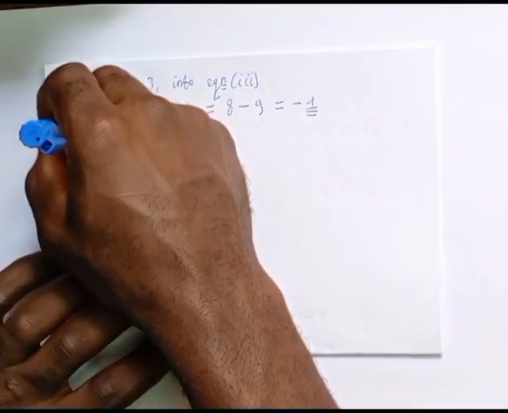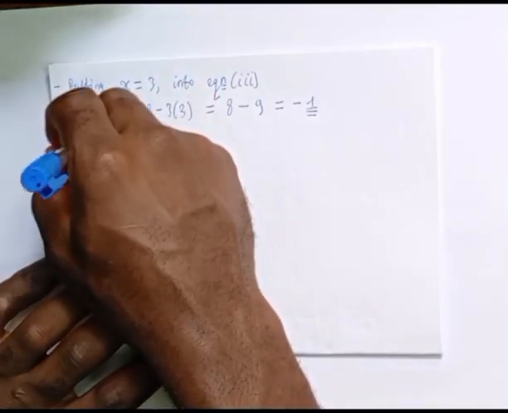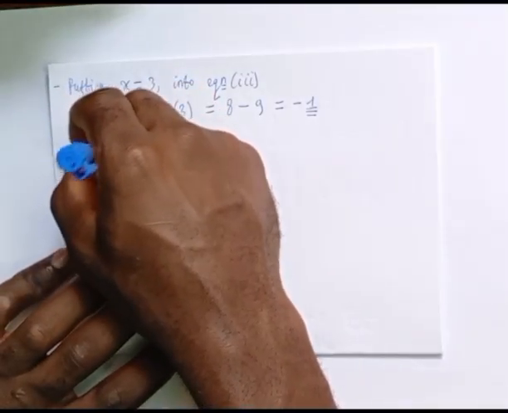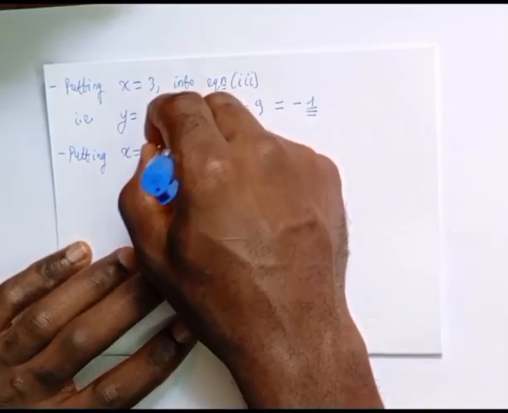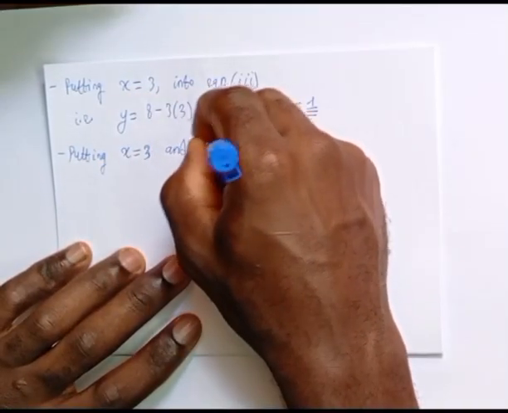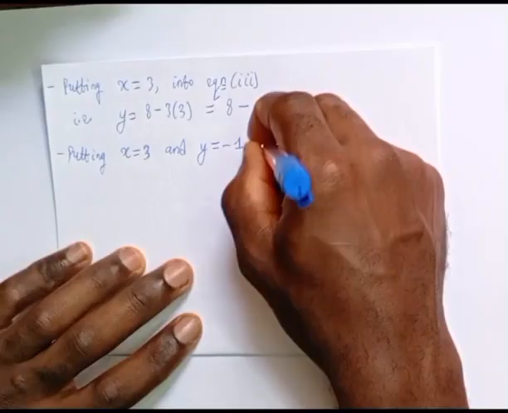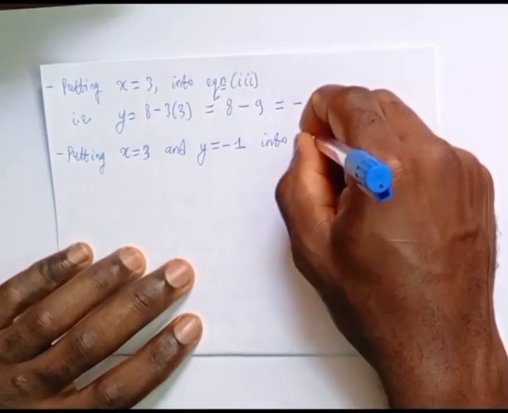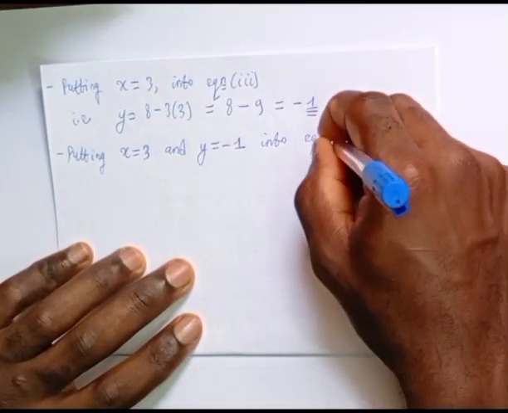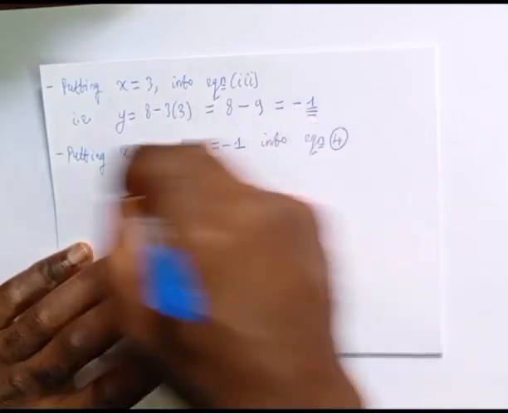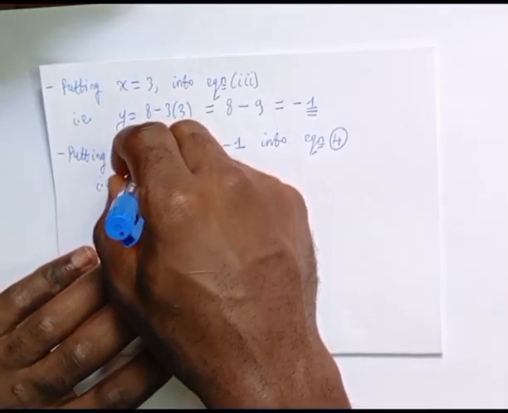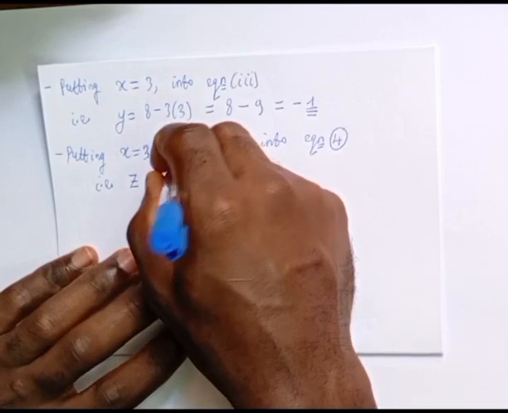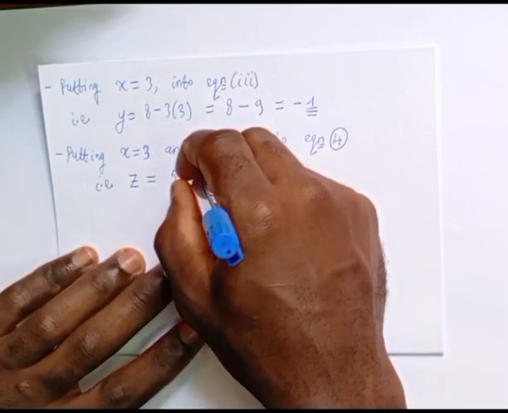We take this down, putting x equal to 3 and y equal to negative 1 into equation 4, i.e. that is in equation 4, z is equal to 5 minus 2x,